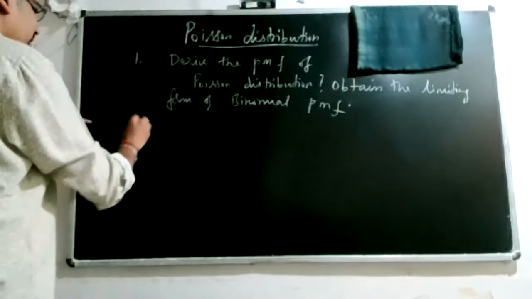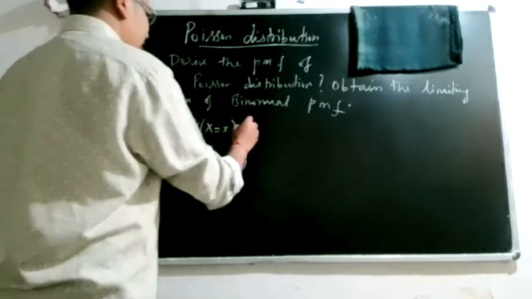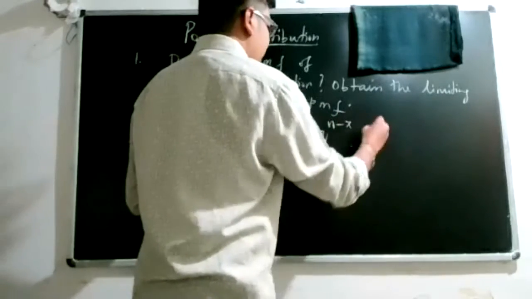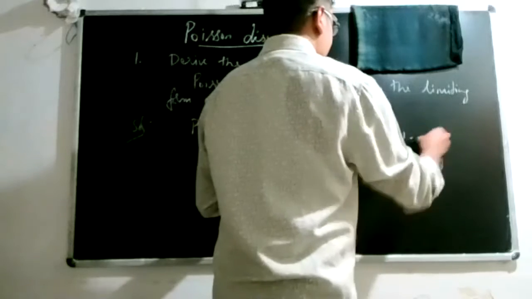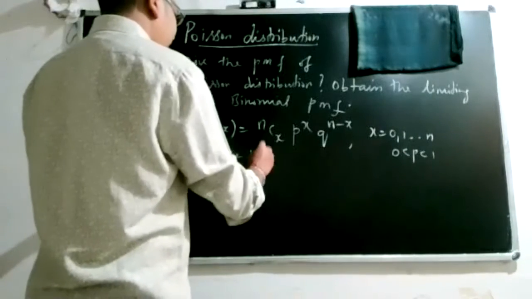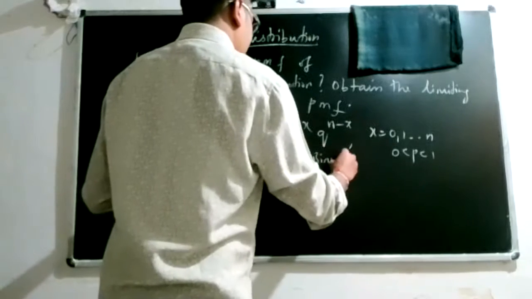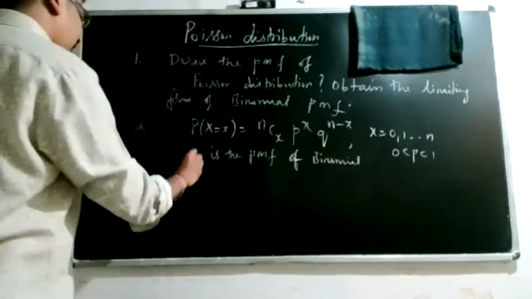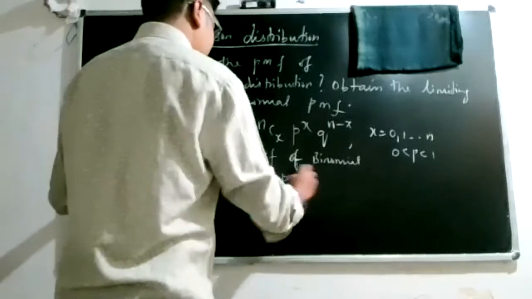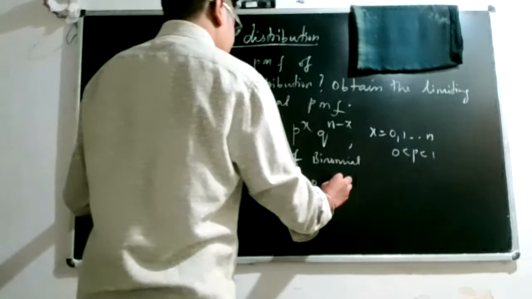So what are the conditions? We have P(X = x) equals nCx p to the power of x, q to the power of n minus x, with x equals 0, 1 to n and 0 less than p less than 1, which is the PMF of binomial. And when n tends to infinity and p tends to 0,